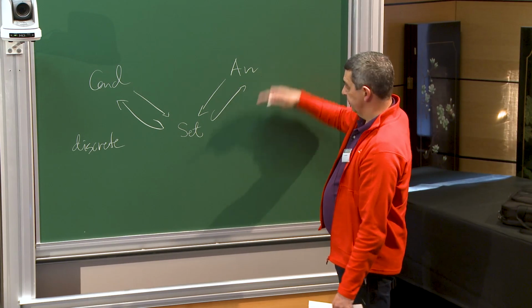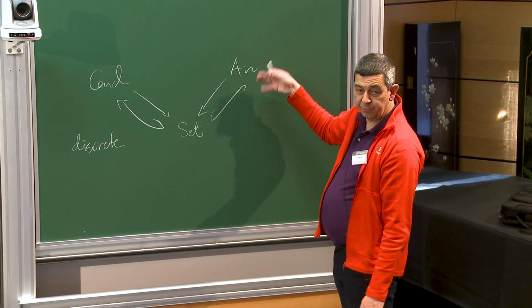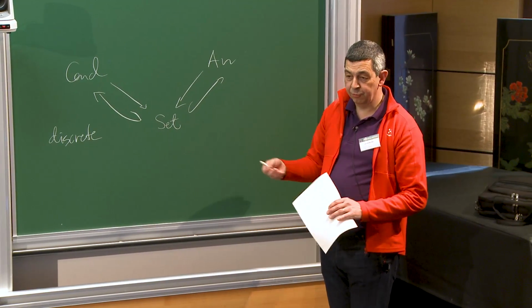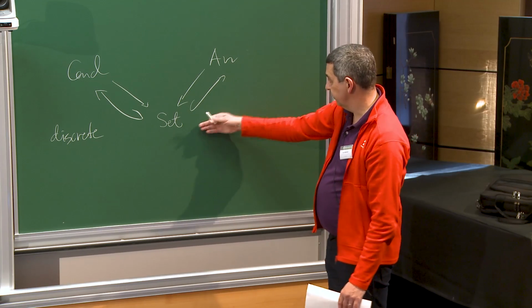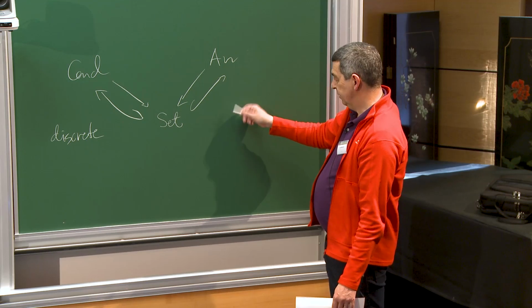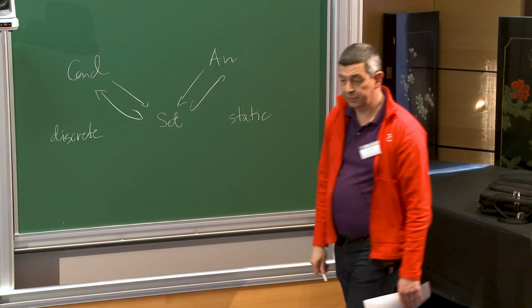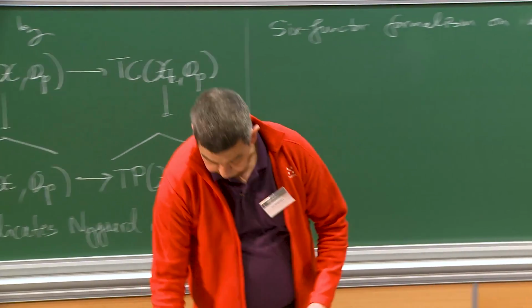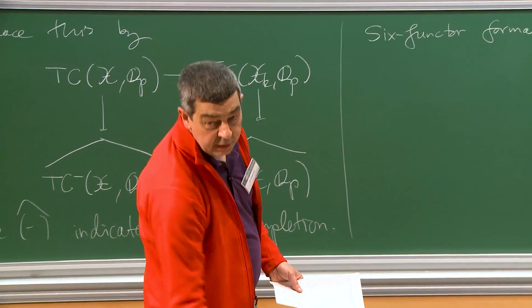So anima are not like spaces. It's like sets with some internal structure, internal symmetries. And so sets are the anima that do not have this internal life, and so Clausen and Scholze call them static because they don't move. Yeah. So, but anima are discrete, and